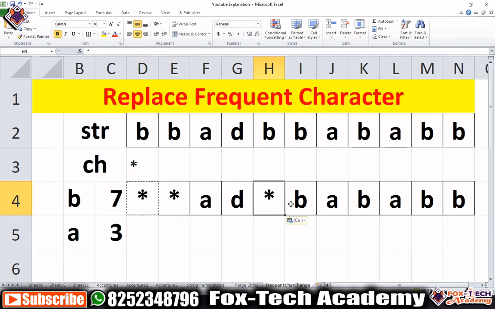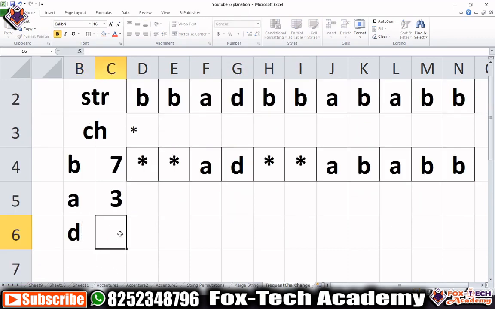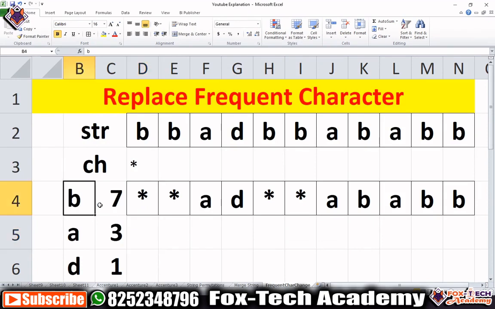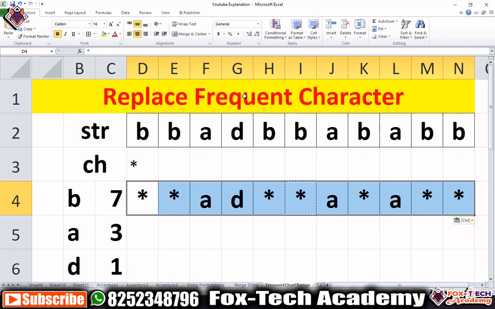You can see that d has an occurrence of 1. The highest is b, so we will only change b. Here we find this is also b, so we will change it to a star, and these two will also be changed. So our new string will be this. We have to convert this string into this string. So let's program for this.